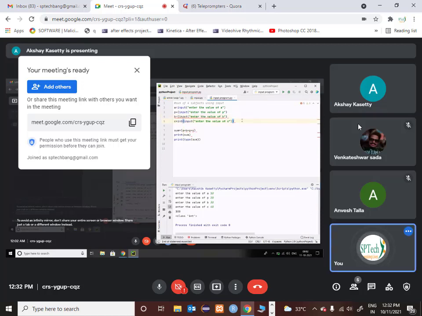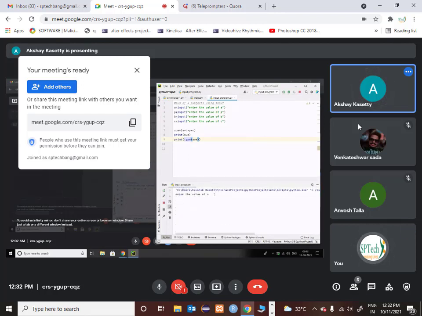You have to remove the first bracket also, otherwise it will give a syntax error. Yes, good. Fine. And even here. Okay, you're done. Run the program now. Now give the value of A, B, C, D. Enter. What value are you getting?